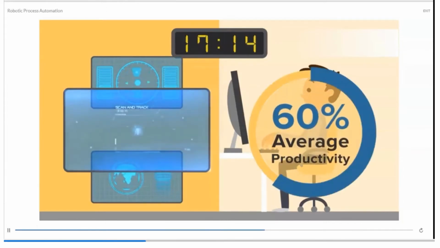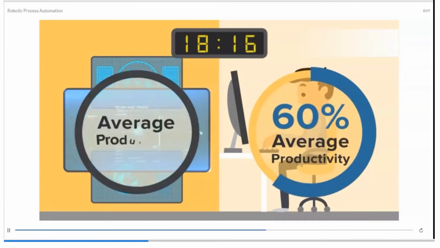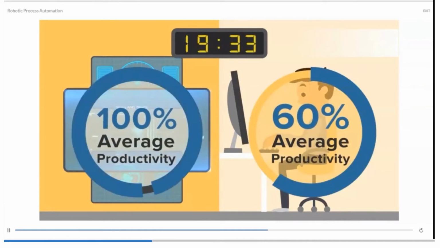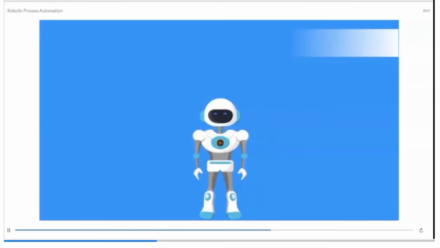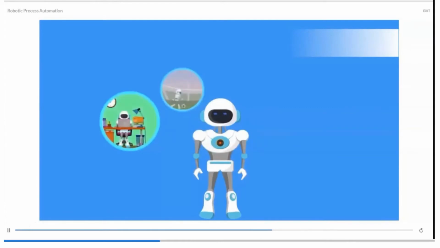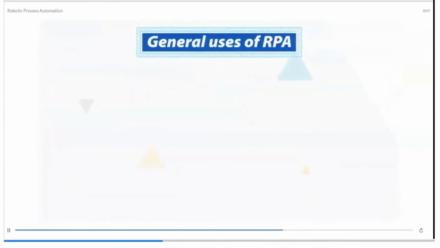But a robot works for all 24 hours, so the average productivity provided by the robot is 100%. So we prefer the robots. Robots reduce the human force and manpower, and are capable of performing all parallel operations.